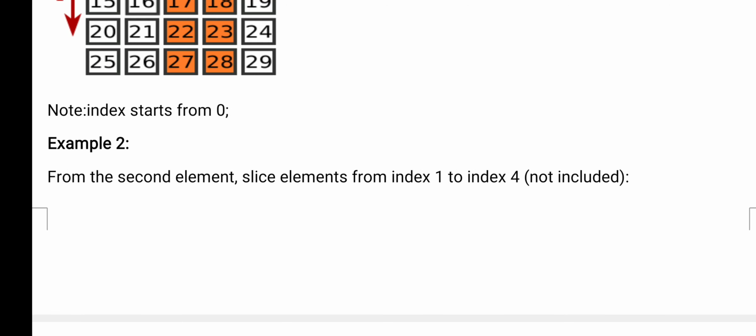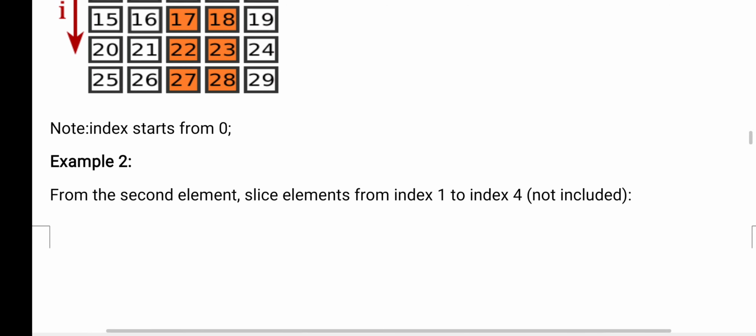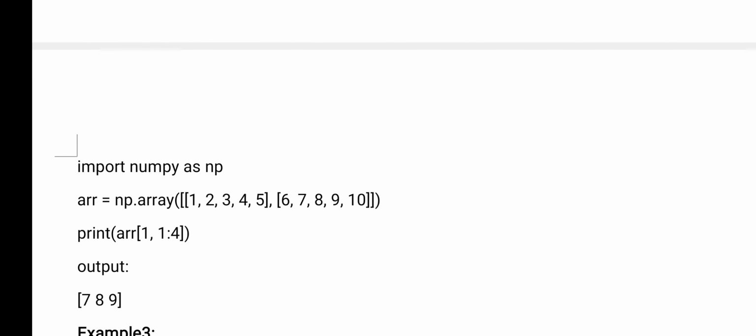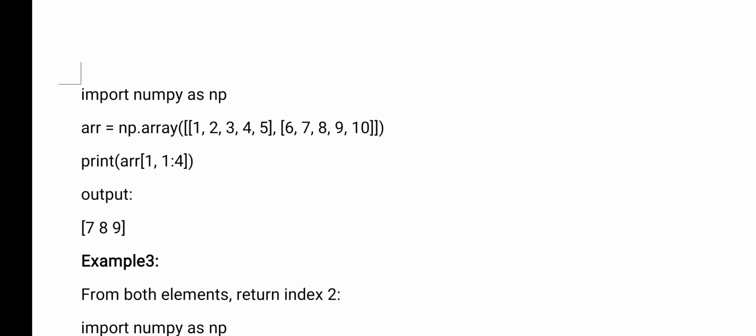Now, second example, from the second element, slice elements from index 1 to index 4. You see, second element means what actually? 1. Okay. See the example program here, we have one array called ARR, and how many rows are there? 1, 2, 3, 4, 5, and in the second row 6, 7, 8, 9, 10.